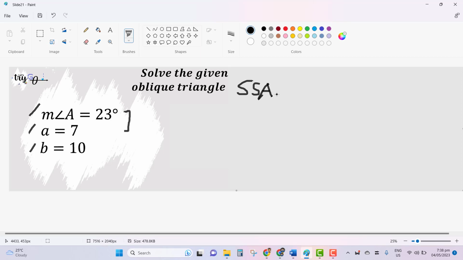But before we solve that, we need to understand that for SSA cases, there are possibilities that you could have one oblique triangle, two oblique triangles, or zero oblique triangles. And it would cost us an amount of time if we are going to immediately solve it without considering the possible total number of oblique triangles that can be formed using these given values. So in order for us to identify that, we can actually have different